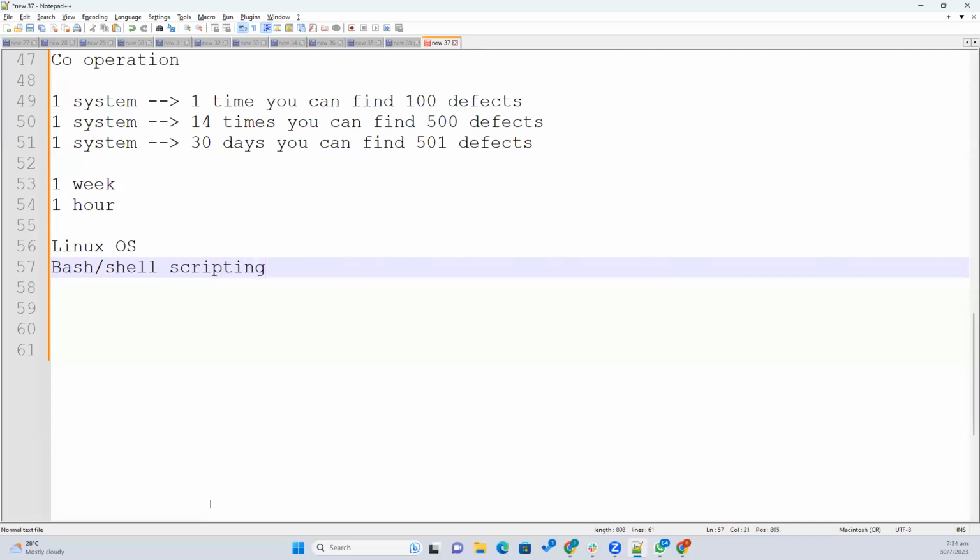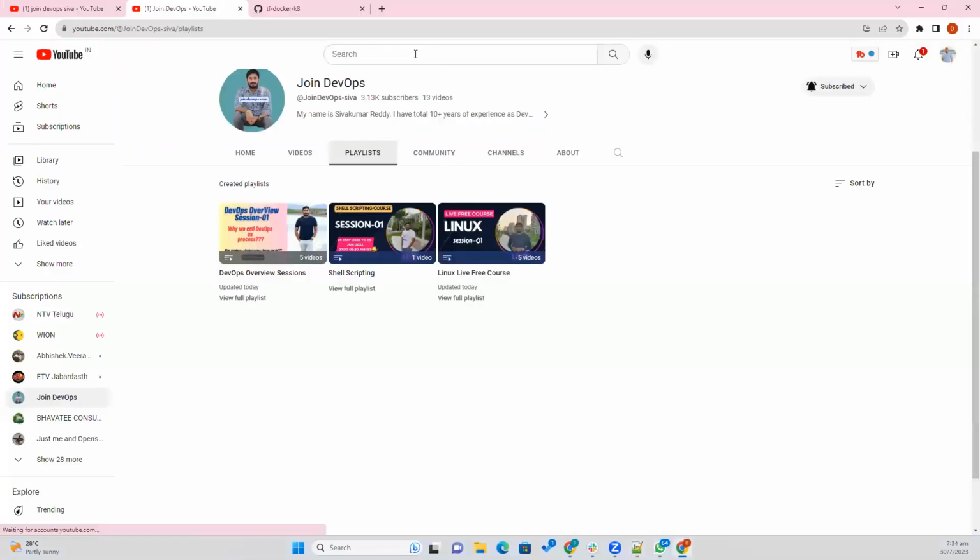because ultimately we are not going to do things manually. For example, if someone asks you to install Jenkins, I don't prefer to install it manually because manual installation takes time. If I ask you to do it on 100 servers, you have to spend at least 100 times 15 minutes to install Jenkins. But if you have the scripting ready, it may take a maximum of 2 minutes each, so you can do it in 100 times 2, that is 200 minutes. That is the power of scripting. So scripting is definitely mandatory.